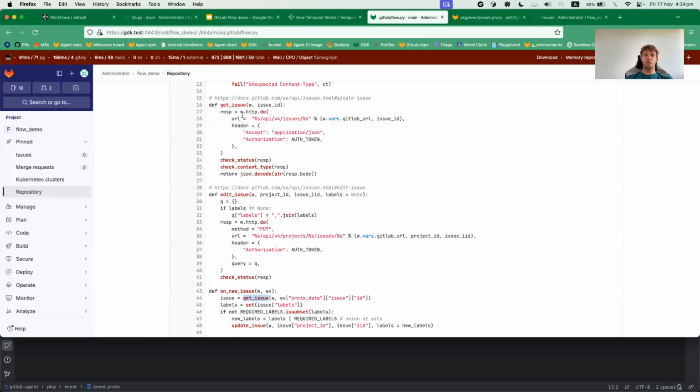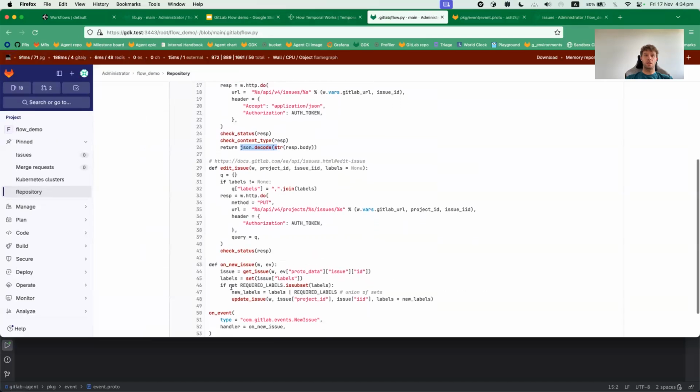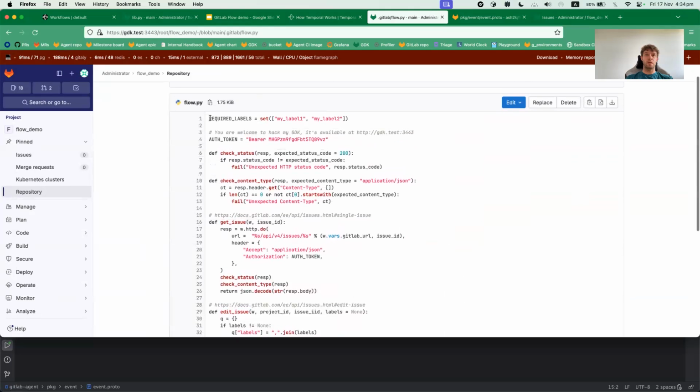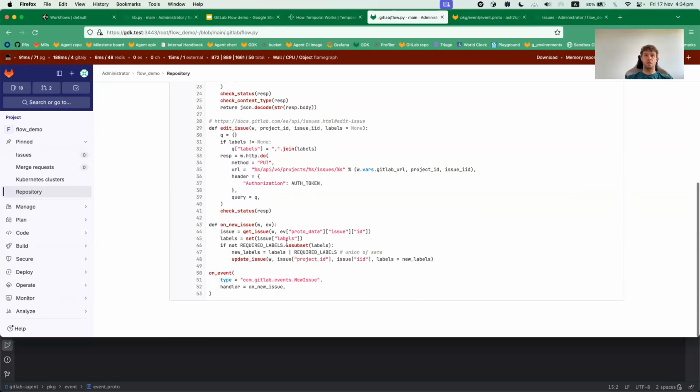the GitLab API, fetches the issue, parses the JSON. This is the issue definition from the GitLab API. Then we turn the labels on that issue into a set, in a mathematical sense, a set of strings. And then we check that the required labels that are here, it's a set of two labels, if they are not a subset of the actual labels, so some labels are missing, we construct a new set of labels. And the new set is a union of the existing labels and the required labels. And we update the issue